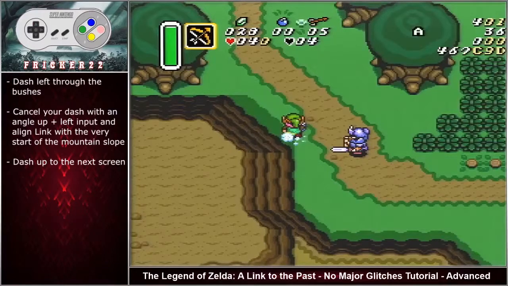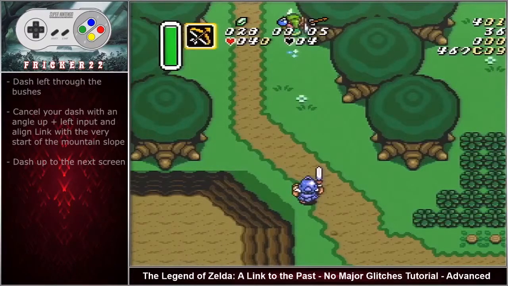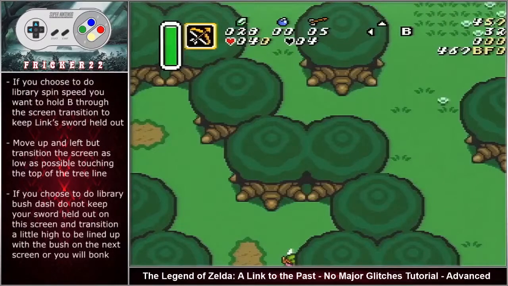This corner, while you up dash, will actually put you on the left side of the tree line so you won't bonk. This short screen actually has two different techniques that you can do. If you're planning on doing a spin speed technique on the next screen, you actually want to continue to hold your sword out as you transition to this one. That way you don't have to re-slash your sword, because when you transition to an additional screen, Link already has his sword out. So that's just less frames that you're going to lose by re-slashing